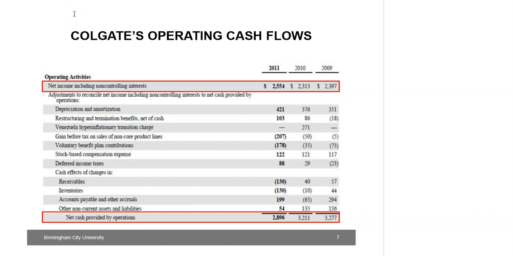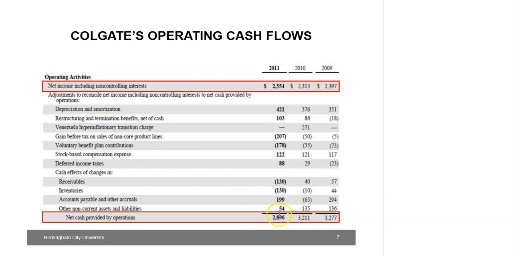Such a pattern may be indicating potential problems such as problems in credit policy and the slowing collection of accounts receivable. However, it depends on the profile of the company. For young or startup companies, this may be a natural outcome in the early years of business. However, for mature companies, one should be concerned about such a pattern. In the case of Colgate, we see that the operating cash flow provided by operating activities is exceeding the net income in all the 3 years.